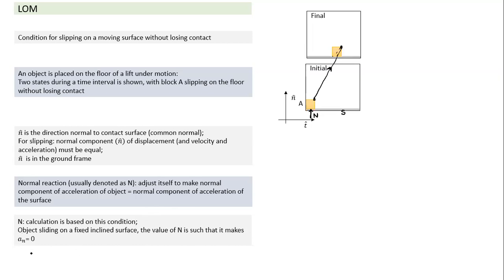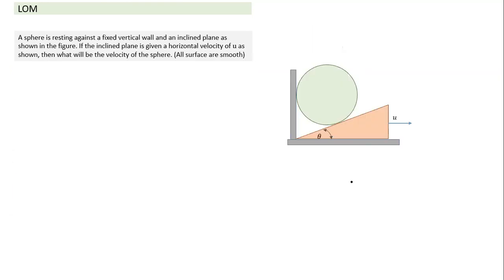And you can call N becomes 0. In this frame of reference, even here also we use something like this. Here also it will have normal reaction. And even if the block is accelerating, it may have vertical acceleration, horizontal acceleration, whatever acceleration it has. Whatever acceleration the surface has, if this is in contact, I calculate the acceleration of the surface, take the normal component, and I take the acceleration of this block object also, and take the normal component. The normal components of acceleration must be equal, right?